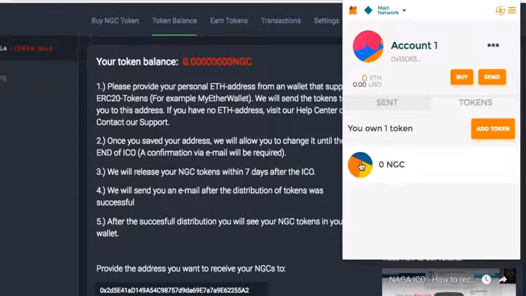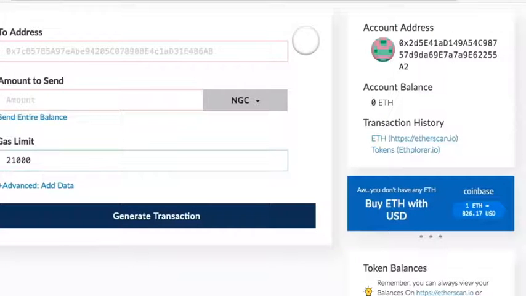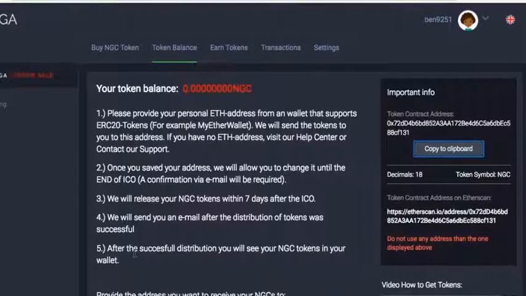So this is the basic step. First of all, you have 2 options. Either my Ether wallet: create an account, and then save your key store file, save your private key, and then select key store and JSON file to open it. Enter your password once again, and then you will see your address. Enter this address here, save it, make sure it's right, confirm it. That's it. Once confirmed, the tokens will be distributed